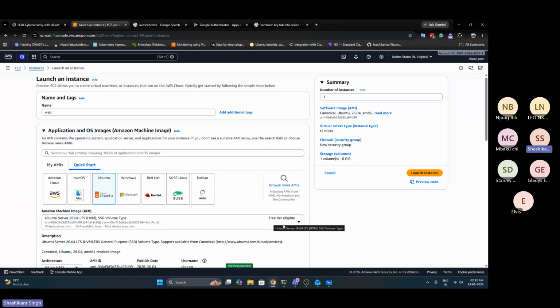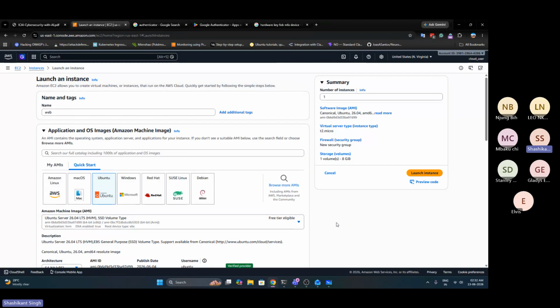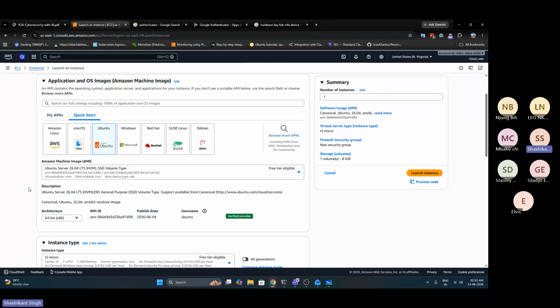So make sure whenever you're choosing a machine, you see this is free tier eligible, this is free tier eligible, but here it is not saying free tier. That means if you choose these operating systems, they will start charging. So whenever you're choosing something, it should say free tier eligible. That means it will be free of cost. They won't charge you for this. Now, the first thing is done. Scroll down and choose the